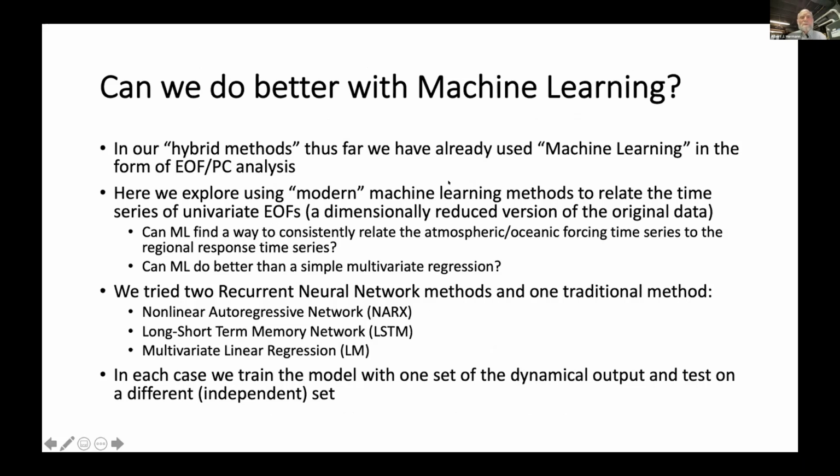We've already used some machine learning in that we've used EOF and PC analysis, but we want to try some more modern methods to see if we can relate the univariate EOFs to one another. We tried two recurrent neural network methods and one more traditional method. We tried nonlinear autoregressive network, or NARCs, long short-term memory network, or LSTM, and simple multivariate linear regression, which we'll